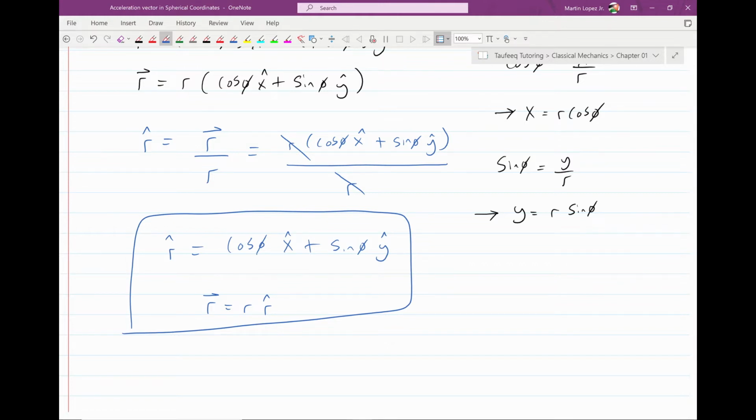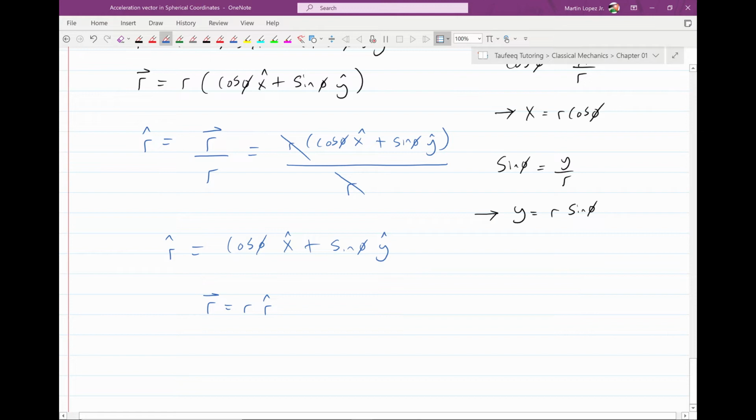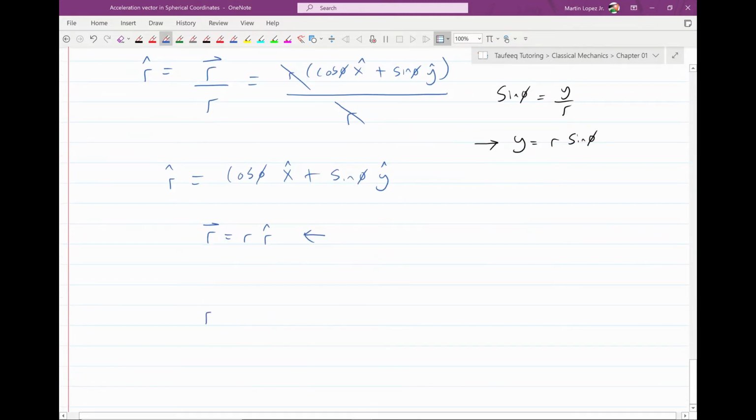And remember, the whole point of this was to get the acceleration vector. Well, we want to take two derivatives of the position vector with respect to time. I'm going to use the more simple one, okay? And which one's the more simple definition? It's this one. And if we take the first derivative, then we will get r dot r hat plus r r hat dot. Now, this is where things get complicated